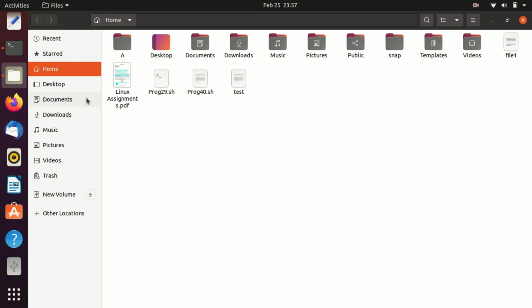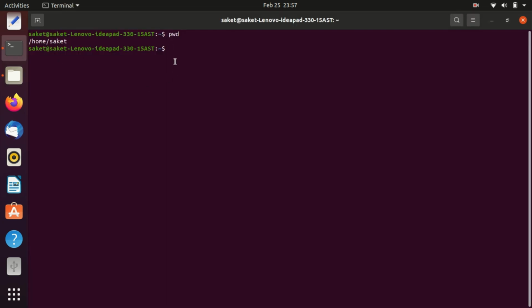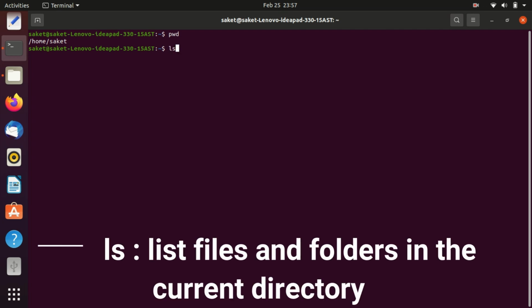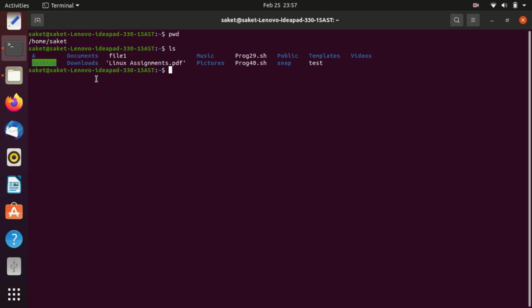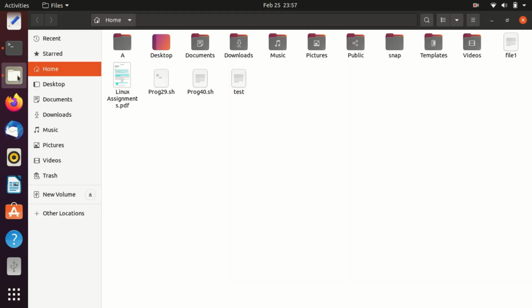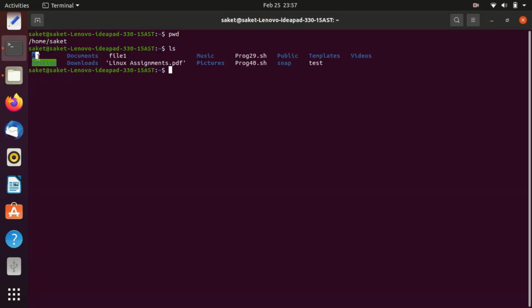Okay, so our next command is ls, which stands for listing. Whenever I write ls, it will list. Here you can see it is listing desktop, then documents, then downloads. So what is this? You know that I am in the home directory, so I am going into my file system, and you can see that in my home directory, desktop, documents, downloads, these are all folders. So it is listing them. By using ls, you can list all the directories and all the folders in the present working directory.